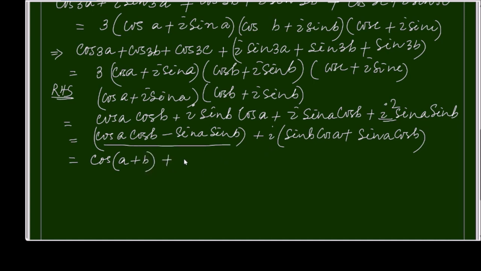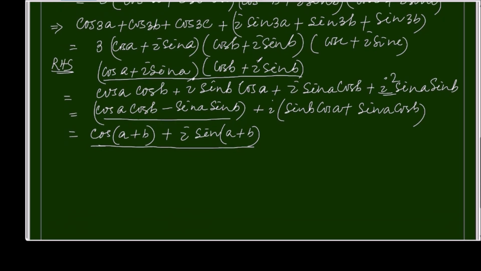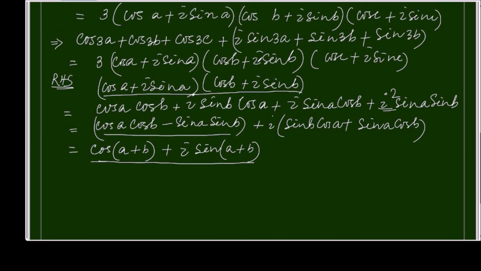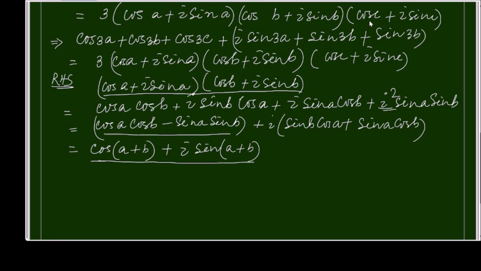And next one is i sin(A+B). So see the result: (cos A + i sin A) multiplied by (cos B + i sin B), I am getting cos(A+B) + i sin(A+B), which is a very interesting result. So applying this concept and expanding further for cos C + i sin C,